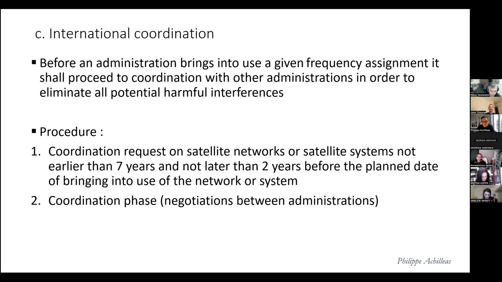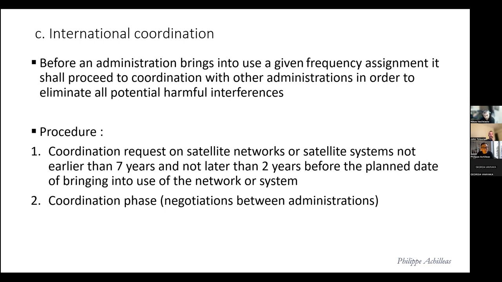So Eutelsat will ask for an assignment from the French administration. But before the French administration gives the authorization, it will send a copy of the project to the ITU, the International Telecommunications Union, where all the other administrations will be informed of Eutelsat's project. If one administration considers that the project may cause harmful interferences with existing networks, then there is international